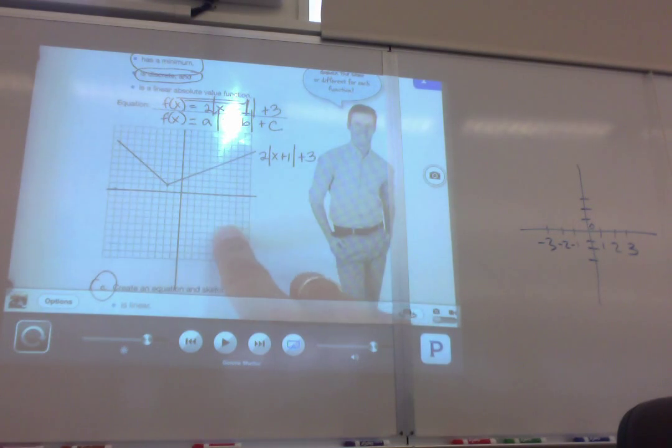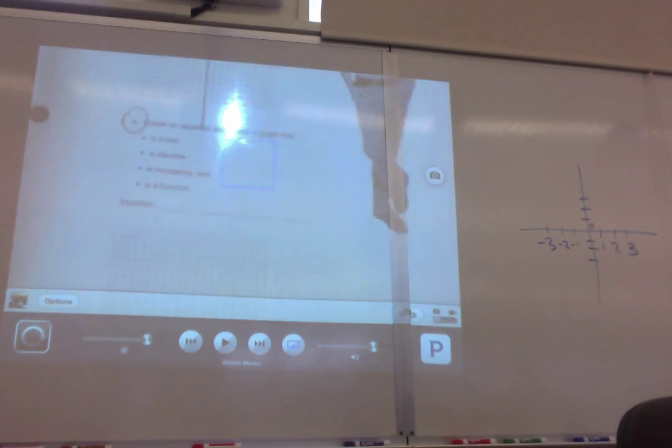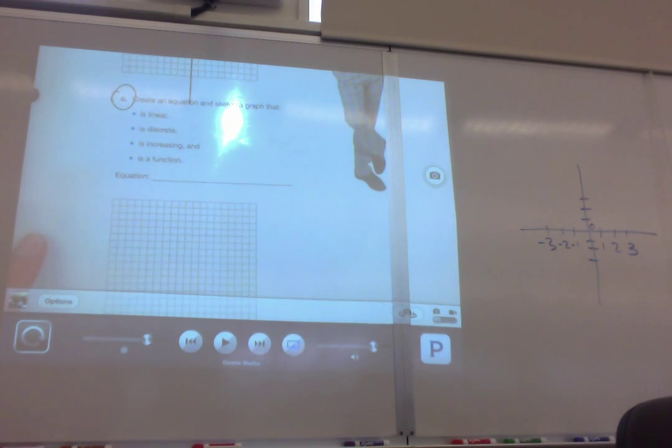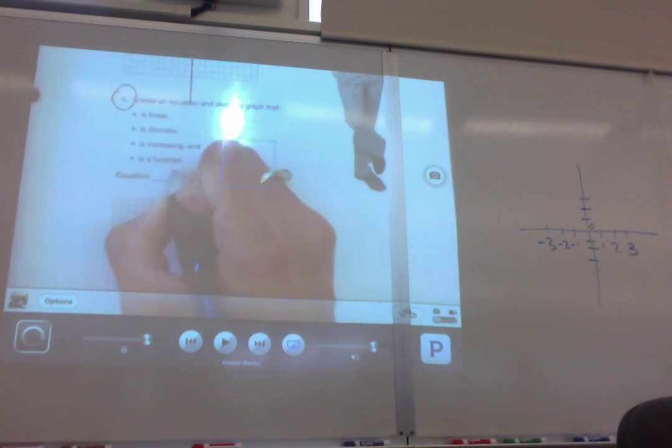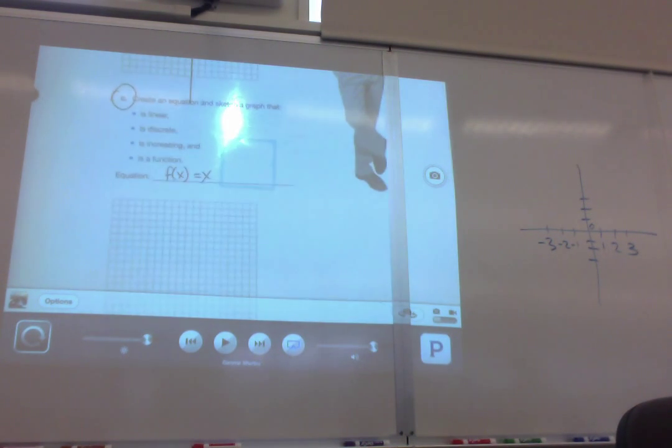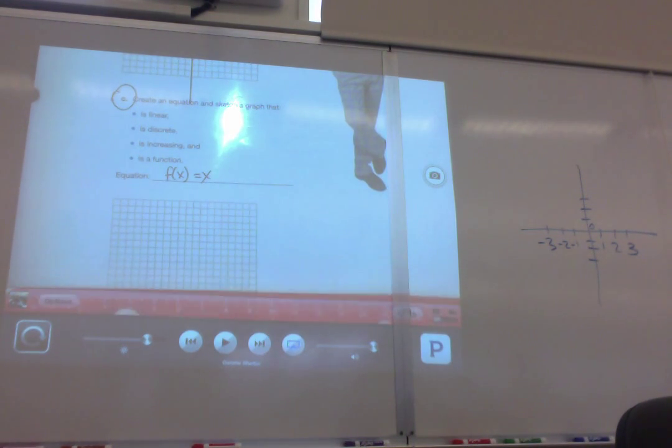We did this one together. The next one you were looking at, and some of you already had it, some of you needed to change a little bit, was a linear. Myra, what do you have for your equation for your linear? F of x equals x. Okay, she says, I don't need any of those numbers. F of x equals x. If we put it into a calculator,